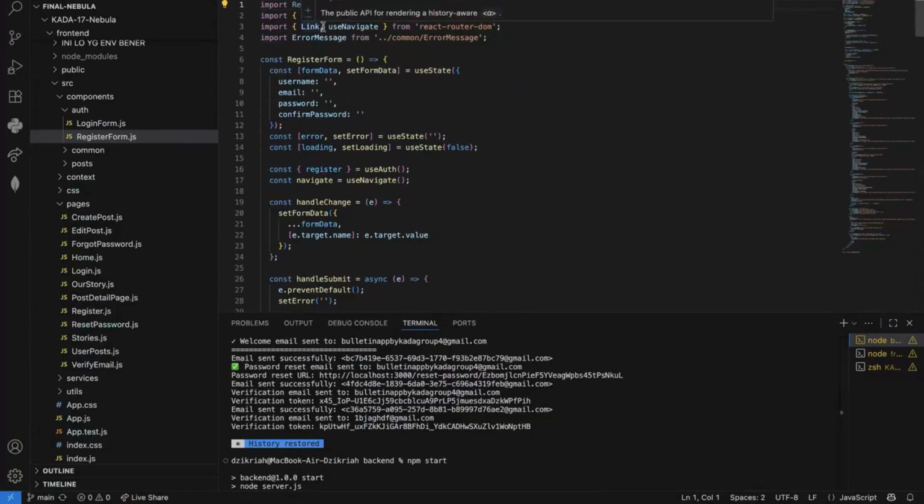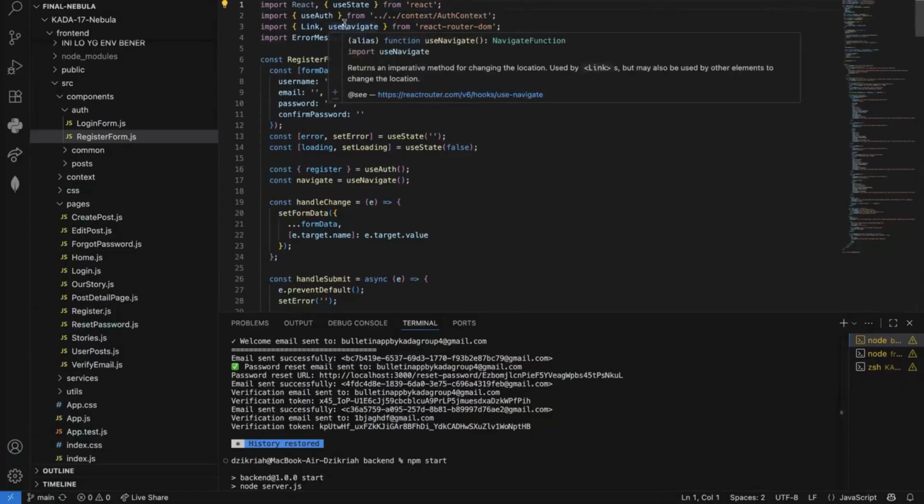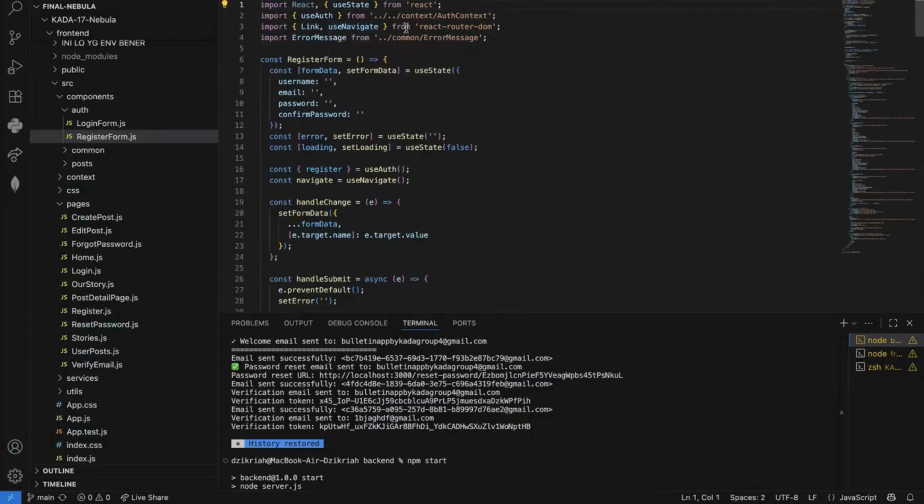And the useAuth here is the custom context hook that provides authentication functions like register. And here I use useNavigate. This is from React Router, used to redirect users after successful registration. And lastly, I import ErrorMessage. This is a reusable component that displays error alerts.